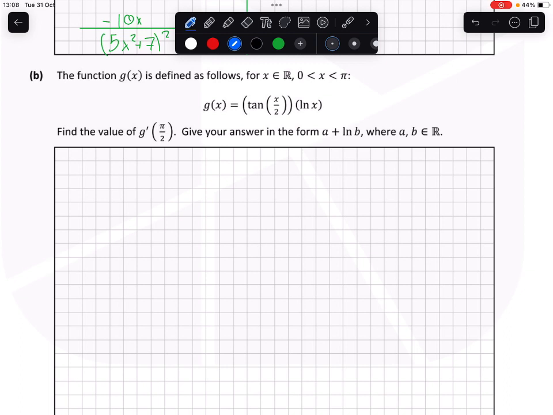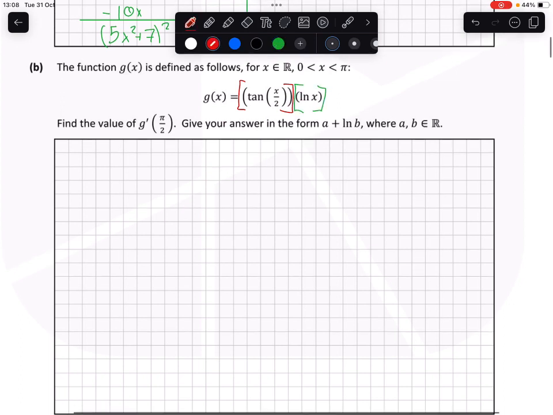Looking at this, we can see that this is a multiplication of one function and another function. So we're going to have to use the product rule, which is u dv plus v du, where the tan of x over 2 is u and the natural log of x is v. So u is the tan of x over 2, and if we find du, it's going to be equal to a half sec squared